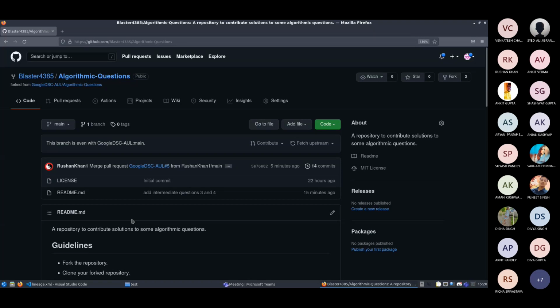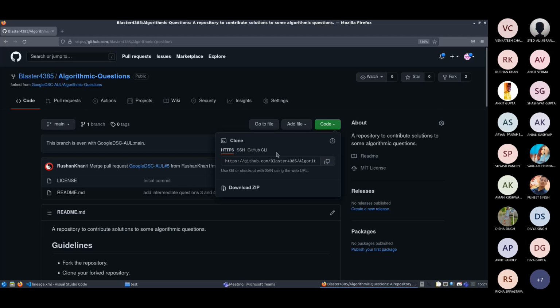Forking means you create a repository on GitHub, you have both read and write access to it, but other people do not have write access to your repository. Even if it is a public repository, other people only have read access to it. They can clone it, they can do whatever changes on their local system, but they cannot directly push it to the original repository. So what we do is we fork it, and by forking we create a copy of the original repository in our GitHub account, and we have both read and write access to it.